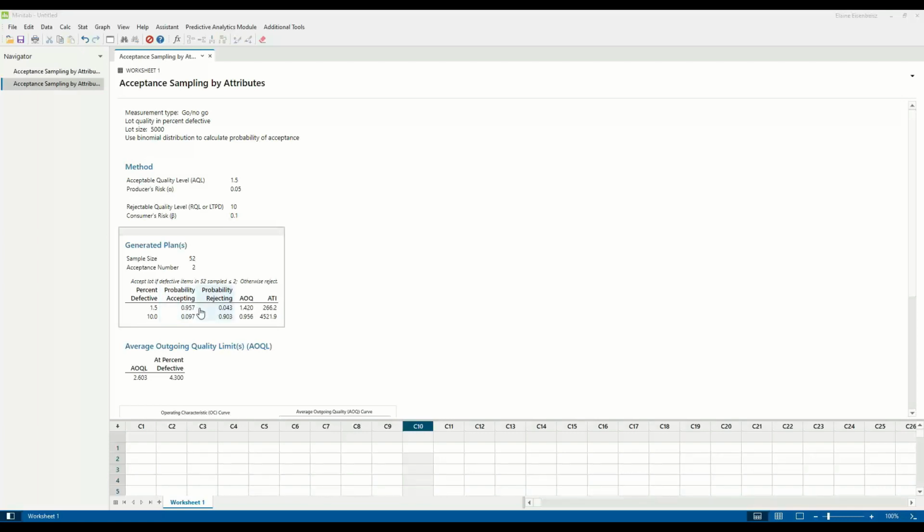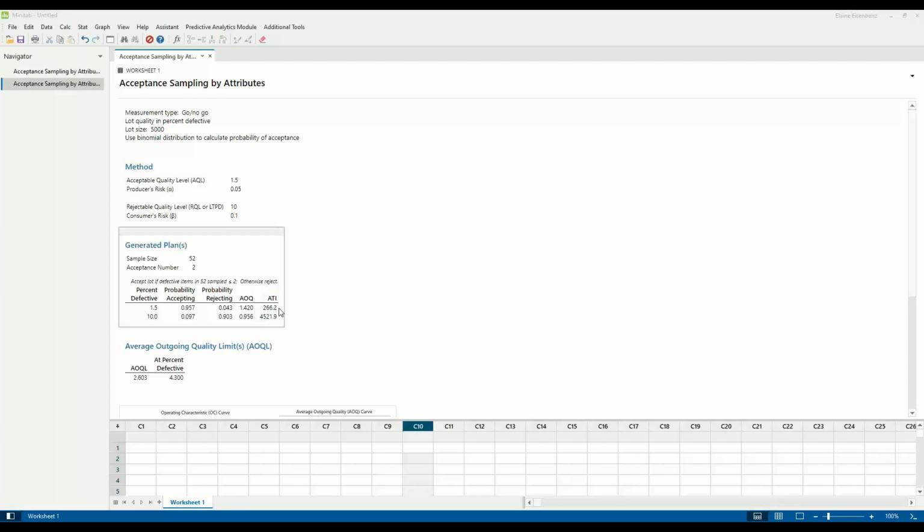And the average outgoing quality limit is 0.2603 right here. This is the worst it can get. And it represents the worst outgoing quality level at 4.3% defective. So this is as bad as it can get. And if we have a rectifying inspection right here, this is kind of where it gets